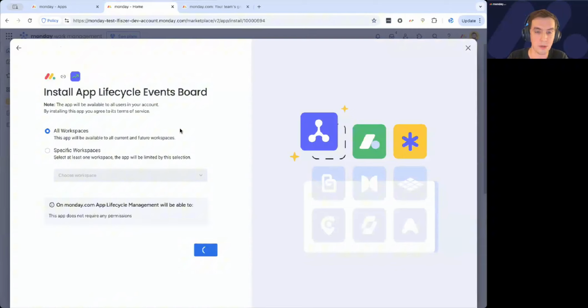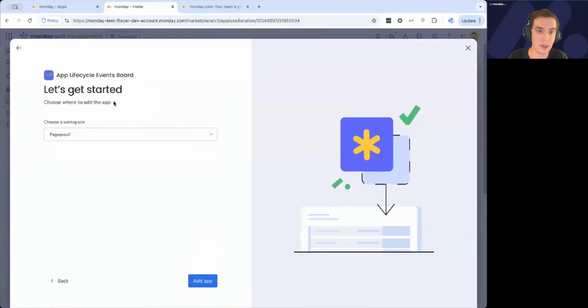The process is the same as with any other app. To get started, I will choose the workspace where I want to add my app. I have a dedicated workspace for the management of my super app, and I will add it there. And in a few seconds,